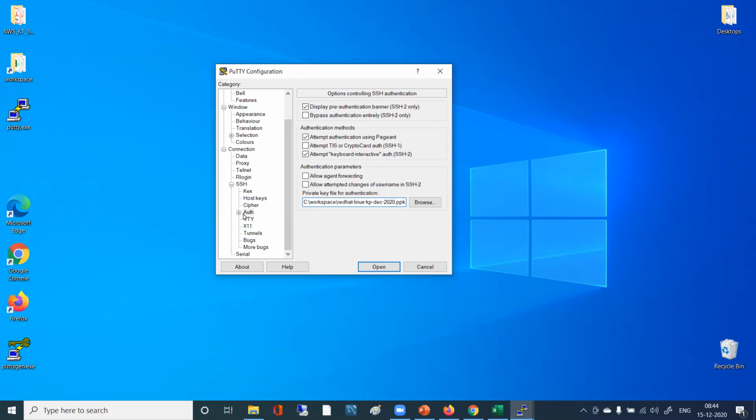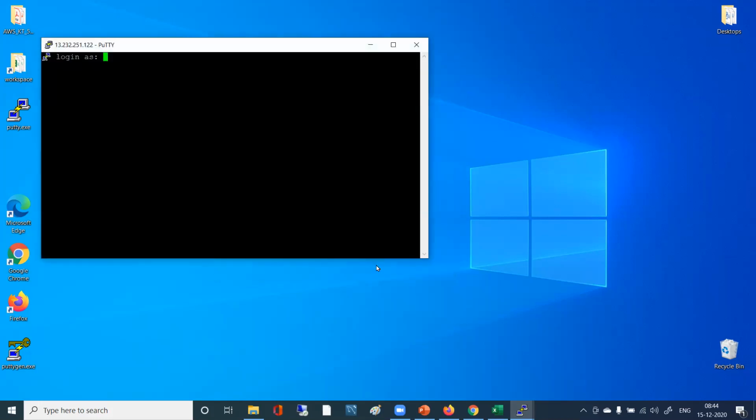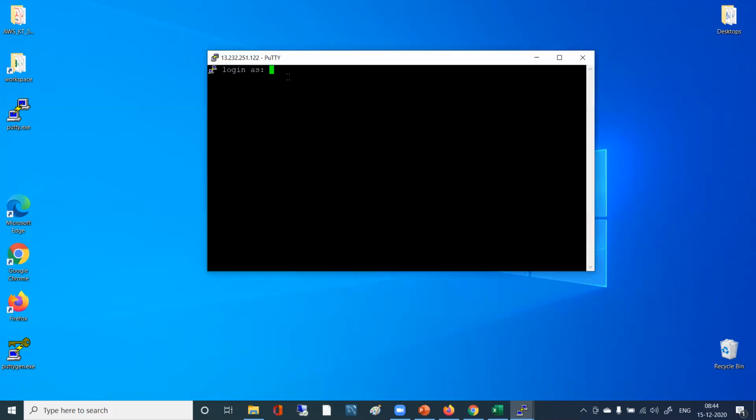Now you come to Auth and see if that key is there. Yes, it is there. Perfect. Now you have the IP address here. Click on Open. Is it asking for a username? Yes. Mention EC2-user. Successfully connected now. Perfect.